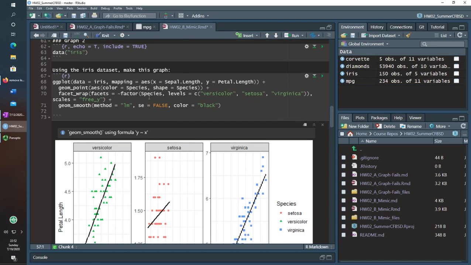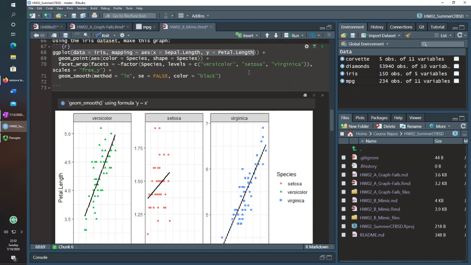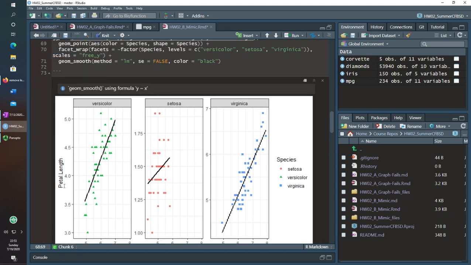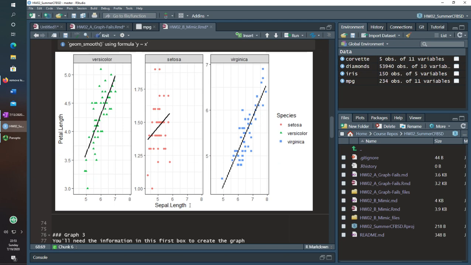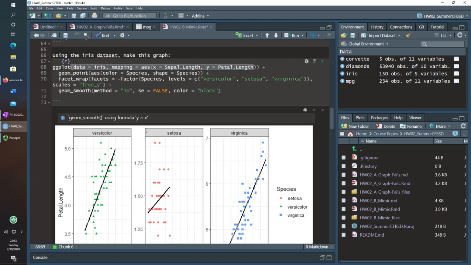This one I'm graphing the iris. In this case, the data set that I'm using is iris. I'm mapping sepal length versus petal length, and as I can see here, I actually need to change the labels of this one, although it was actually labeled fairly well with the dot, so if I wanted to, I could change that.